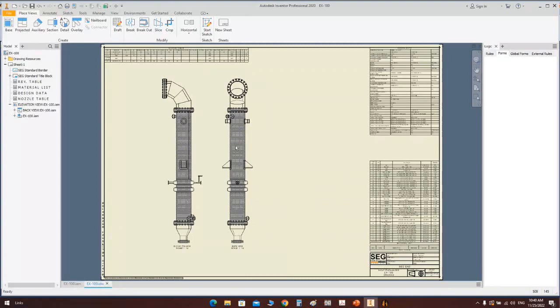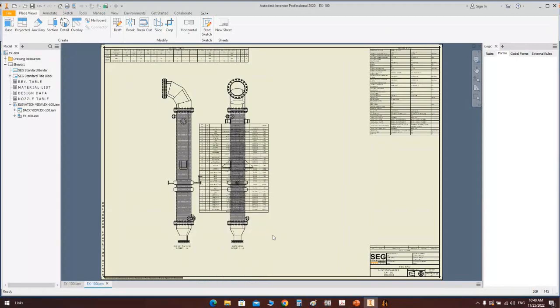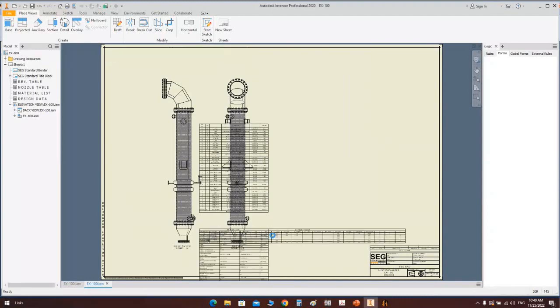Modified, now it's modified, and refilled again with the new values. Okay, the design data. Why does the location of the tables not take the original location? Because we missed